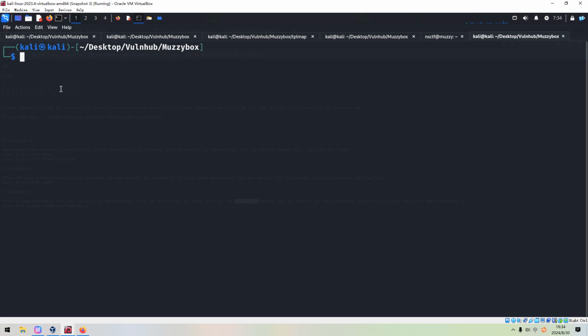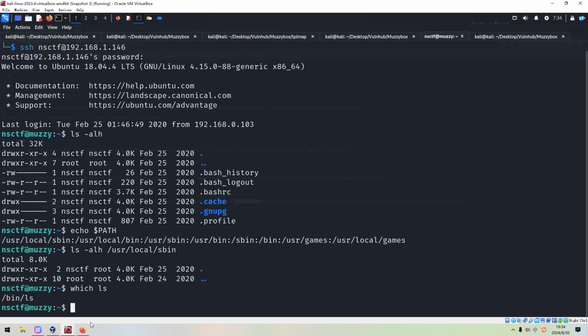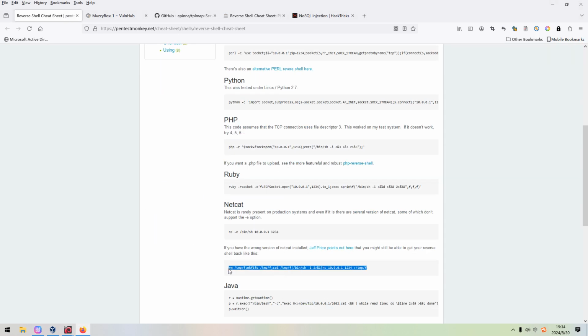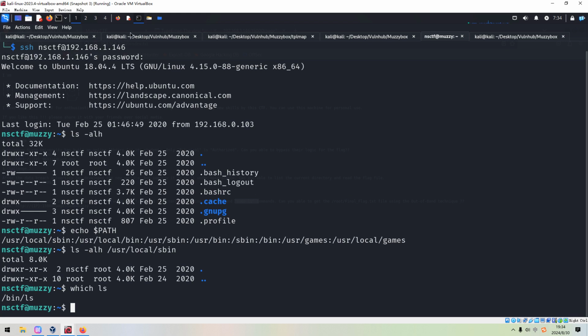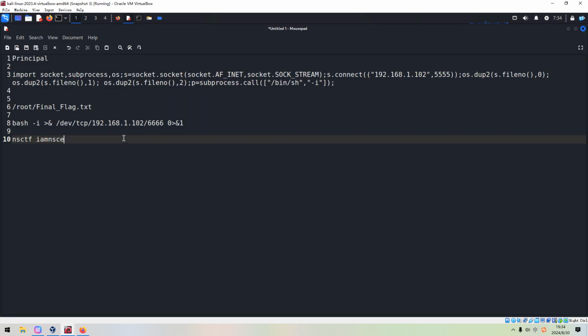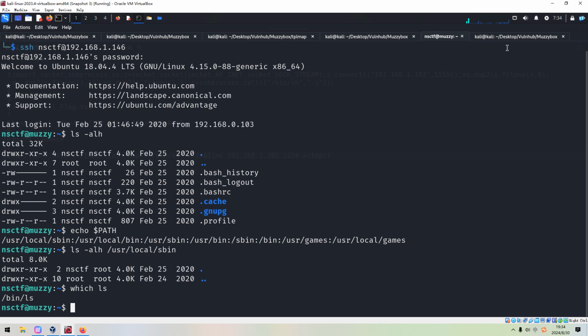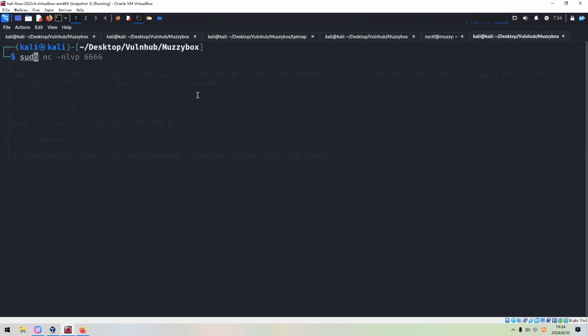So how to do? I think we can use the command, for example, like this one. Maybe we can copy to see whether this can work or not. And the port number, we need to set up another listener, maybe 888.